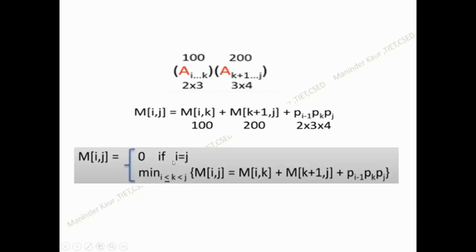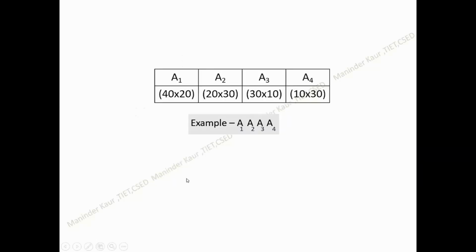Now if i is equal to j in general form, that means only one matrix is there. No multiplications are being done within that, so that will reflect 0. Otherwise, we will have to find the minimum value over the k value, the minimum of all these m, with k starting from i. That means the first element is included till less than j, that means the last element is excluded. Now taking one example,